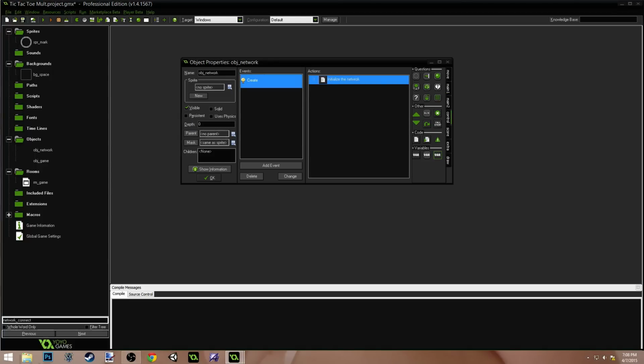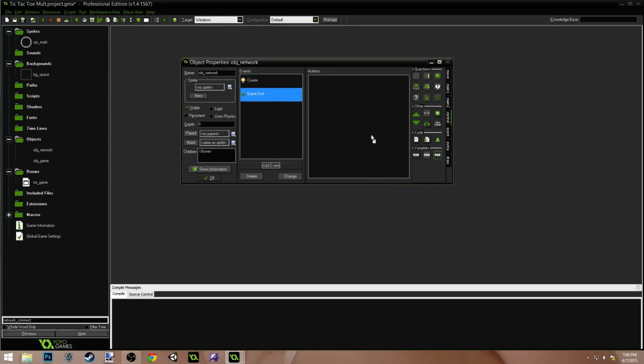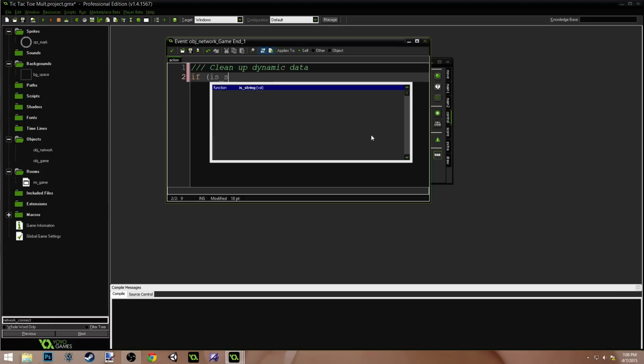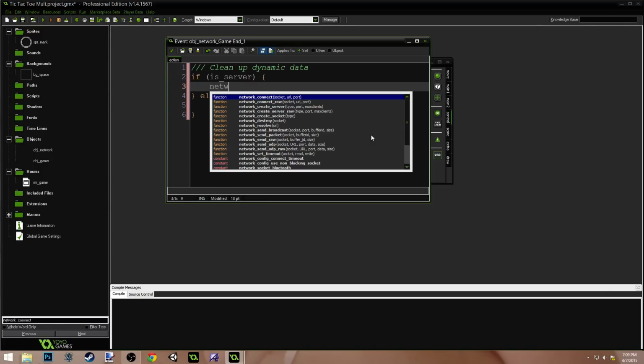Let's create a game end event. So add event other game end, and this is just some cleanup code to make sure we don't have any memory leaks. If is server, else if we're not the server. If we are the server, we need to destroy the server. Network